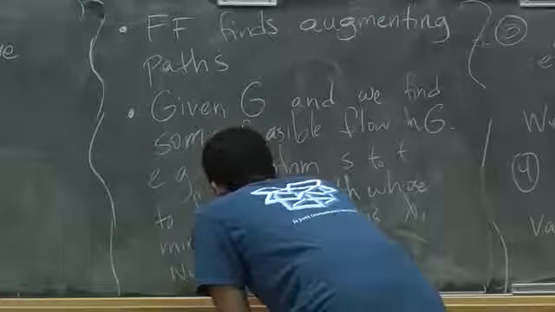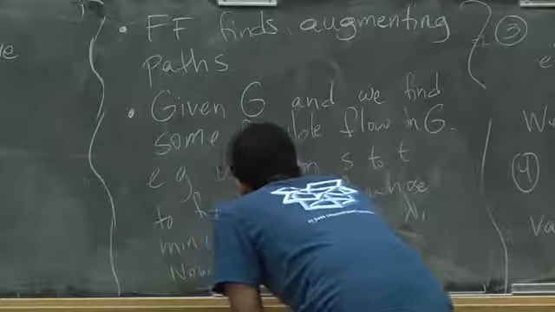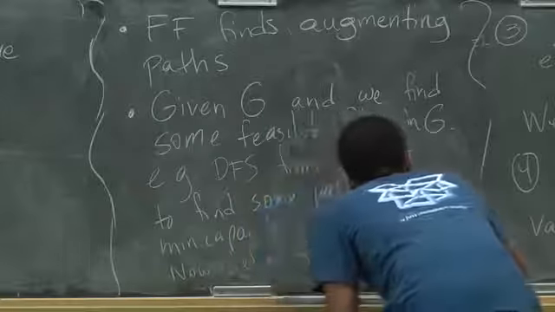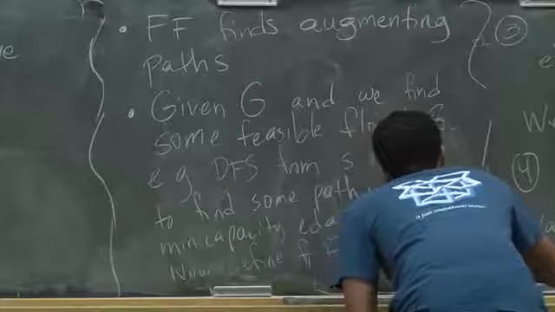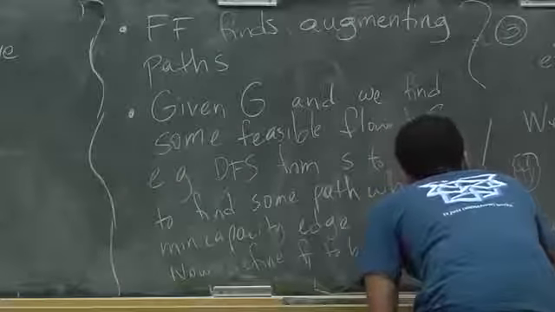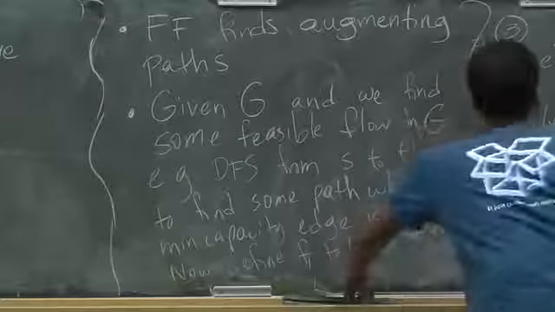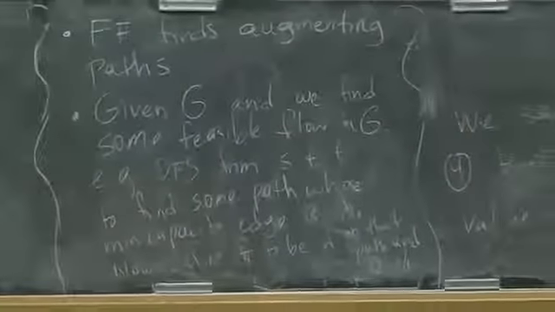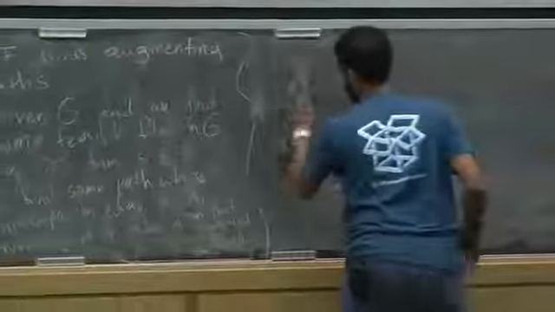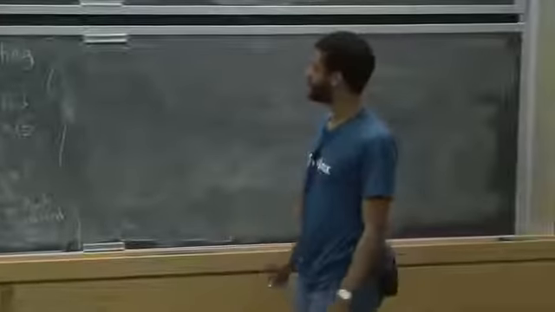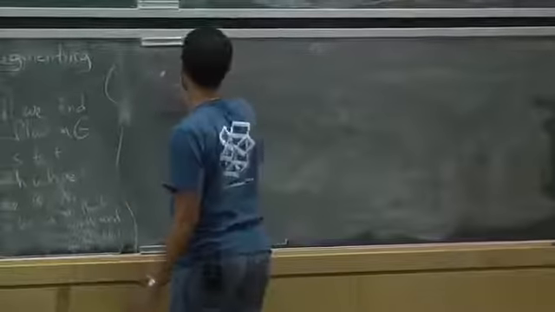Now, define F to be lambda on that path and 0 otherwise. So, for example, sorry? So lambda is... Yeah, so I guess all I want to say is,